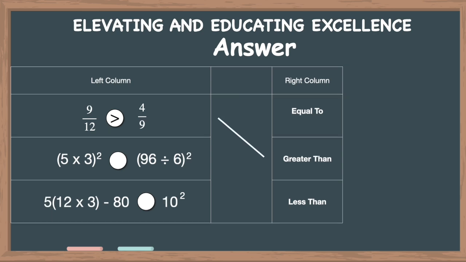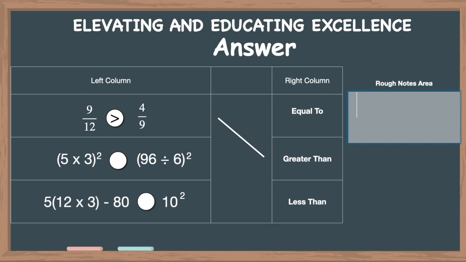Let's do the next row. So this question has exponents, and remember what you want to do first is the brackets first. So 5 times 3, and then we're going to do the exponent. So when solving for this answer, remember that you want to solve for the bracket first and then the exponent. So let's begin by first drawing a rough box. And in that rough box, we're going to write open bracket 5 times 3 close bracket to the exponent of 2, and that equals